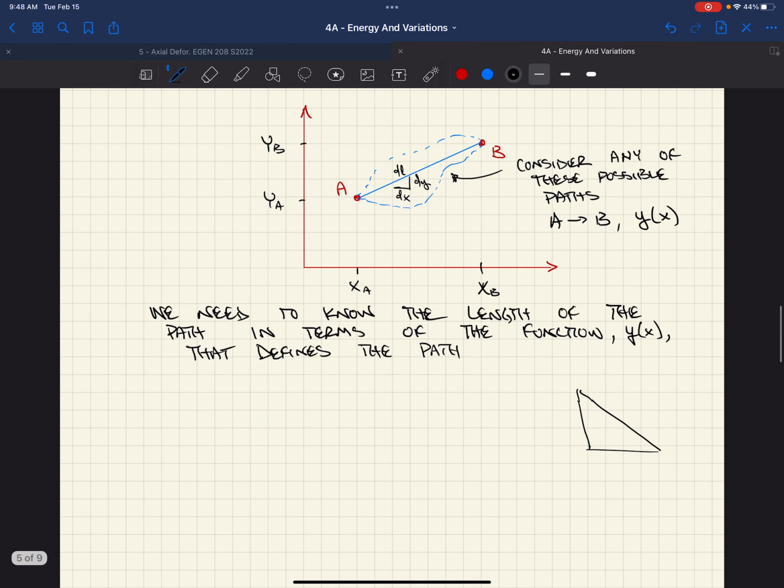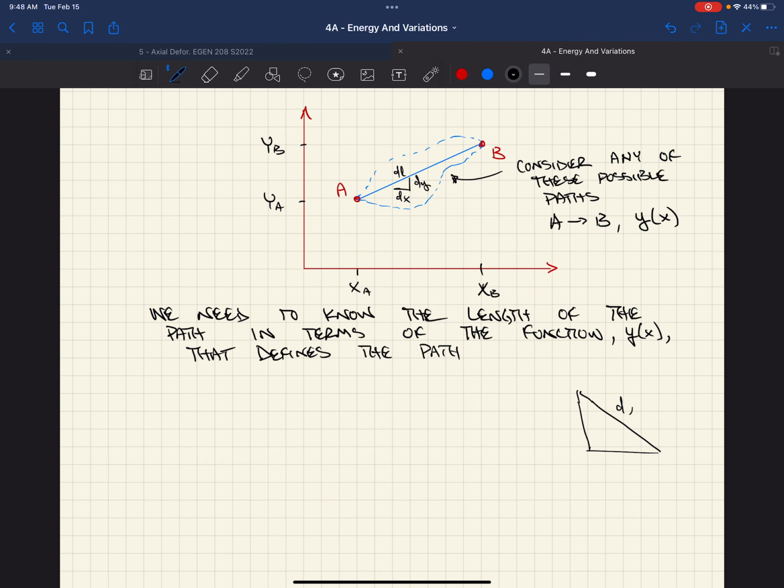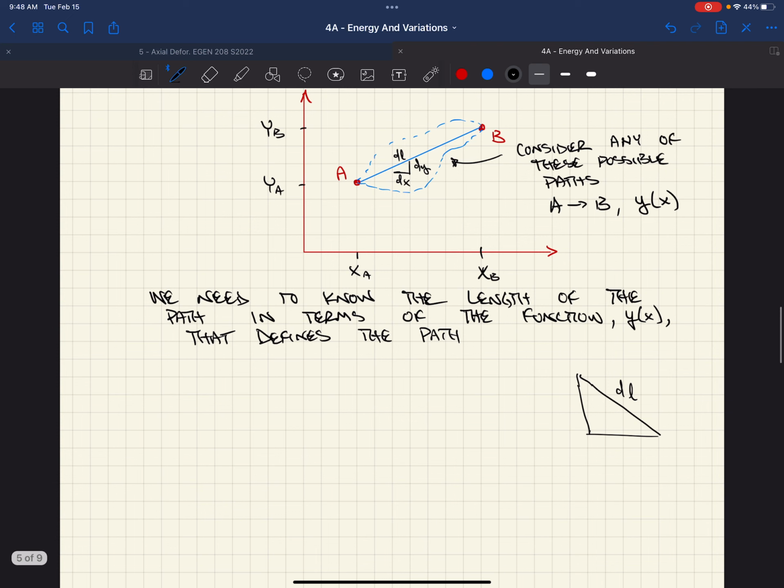Okay, so if we blew that little triangle up and enlarged it, right? As we move from A to B, we're going along the path there. If we went some differential length of L, we would have a component in the x and the y. And so if we use the Pythagorean theorem here, we'd say dl squared